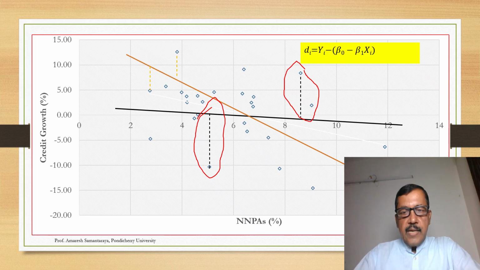On the contrary, there could be a line which is fitting the scatter plot in a better way, but if all deviations are positive, then the sum of deviations will be a larger number compared to the first line I'm referring to. So to avoid this type of problem, a better way is possibly to take the square of deviations, this di,